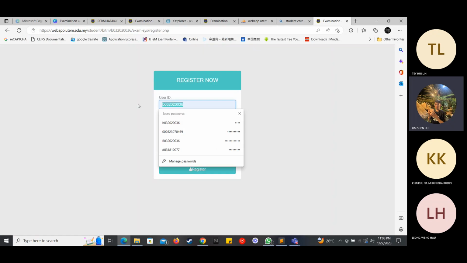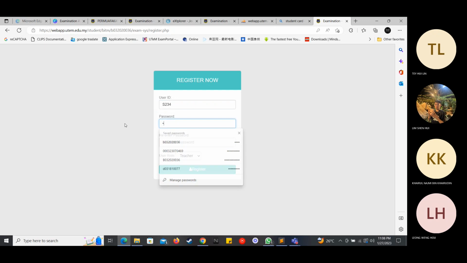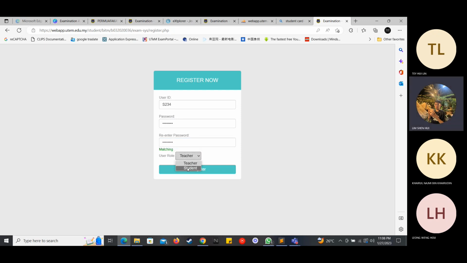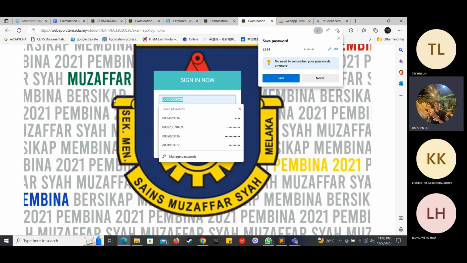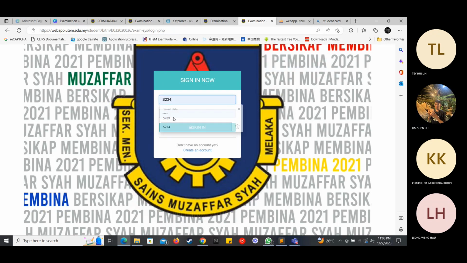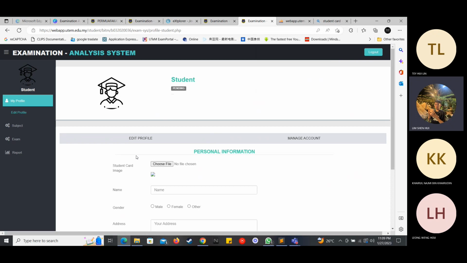Registration for student. Okay, I select the student role and then register and then okay. So we log in to the student account. Here is the interface for the student.